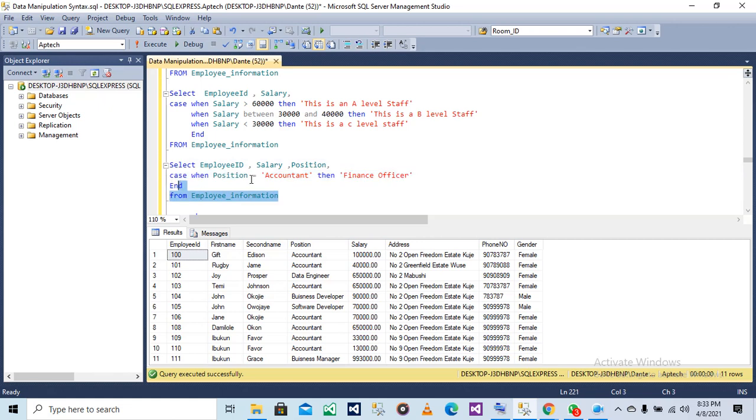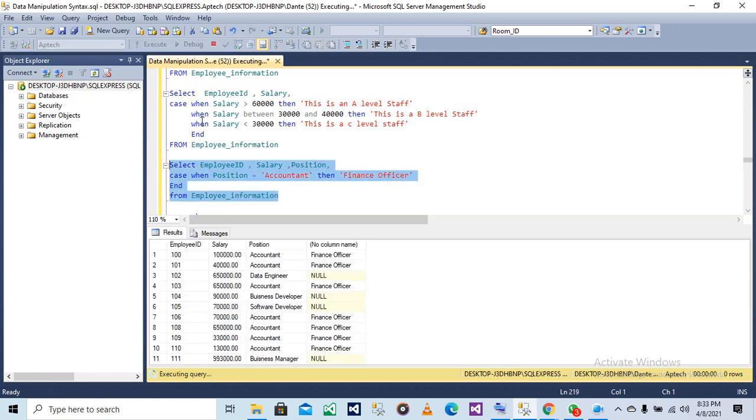So if I run this now, what's going to happen? You can see those employees with positions of accountants, the results are changed to finance officer. All these are null because we didn't give them a case.